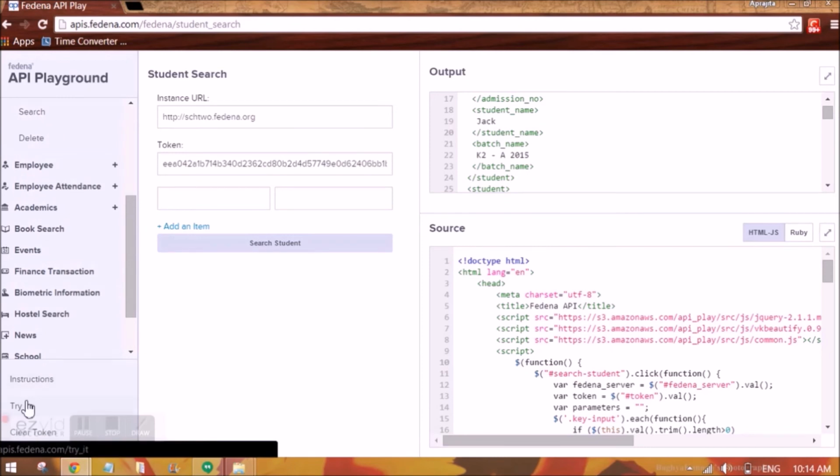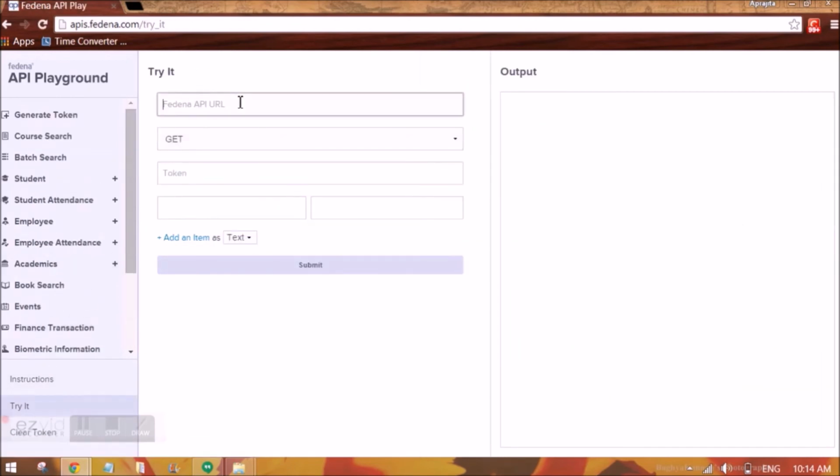Then we also have a try it option, where for any instance, for any API URL, you can try to fetch the data for the custom application that you're going to build. So for example, I'm going to show it for the one that I already have.